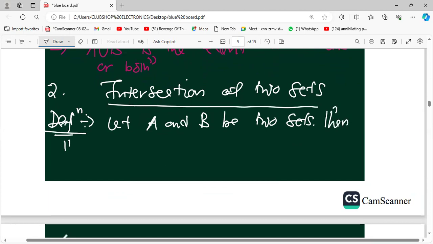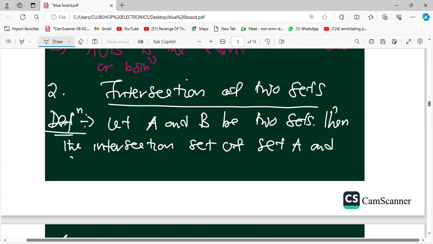Then the intersection of sets, set A and set B, denoted by A intersection B, is the